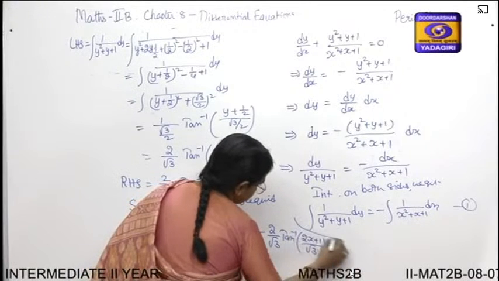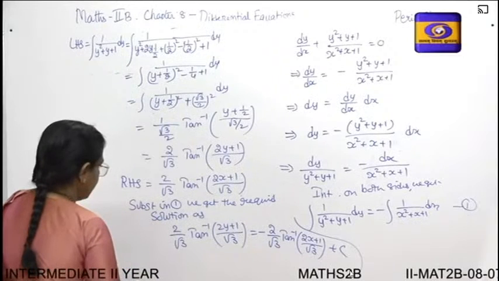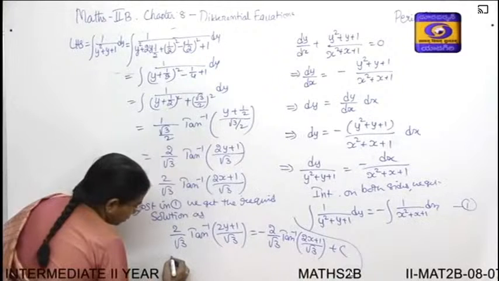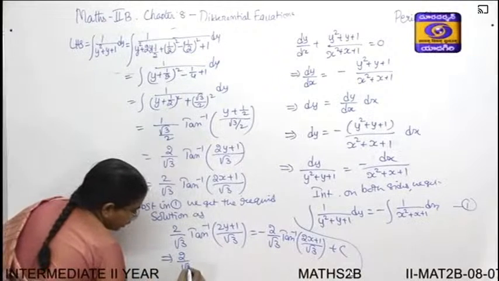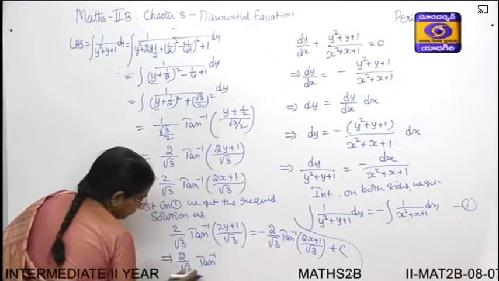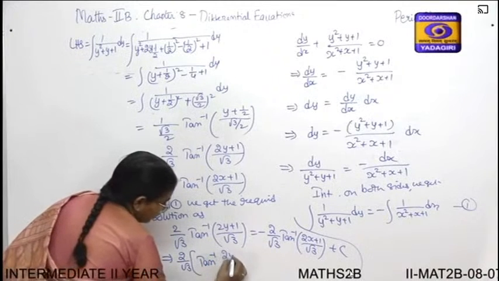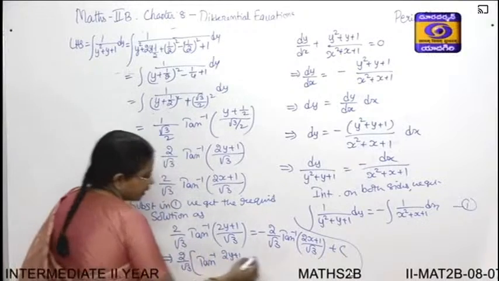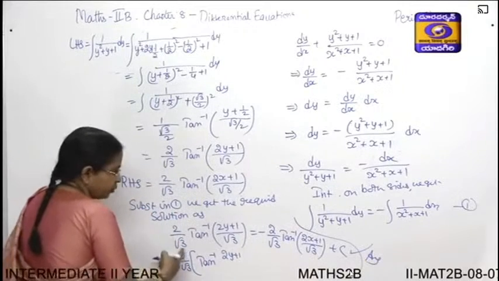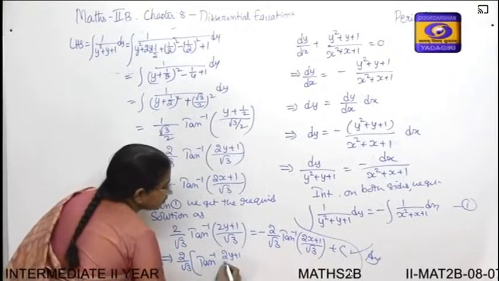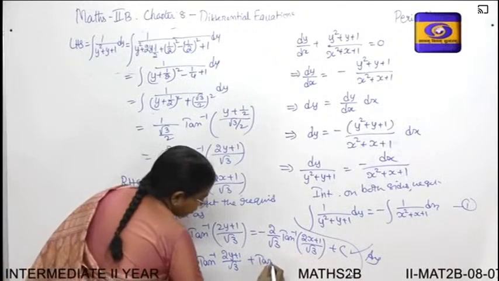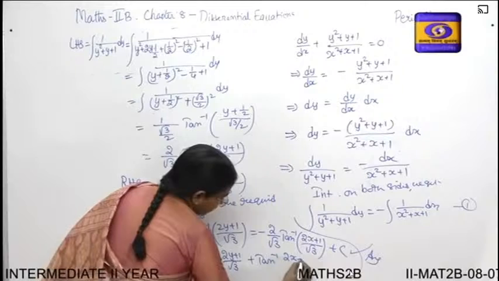Or you can take this term to this side and then you can take 2 by root 3 common and then take it to the constant also. So you can write 2 by root 3 into tan inverse of 2y plus, you can leave your answer like this, even this is correct. You can write your answer like this. Because 2 by root 3 is same, you can also simplify like this. Plus tan inverse of 2x plus 1 by root 3